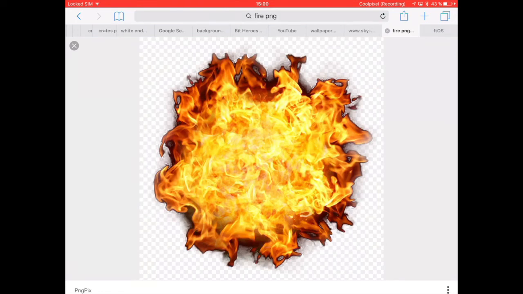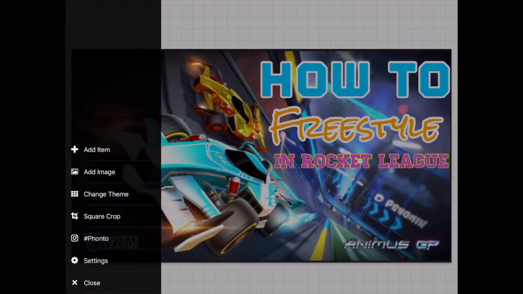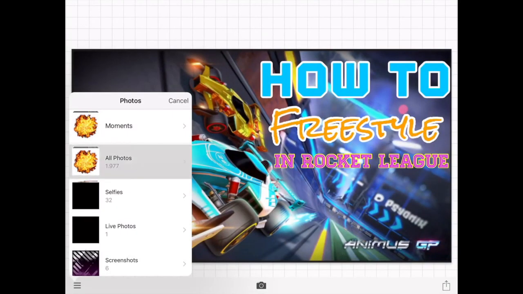and make sure you write right next to it pinch. Pinch is going to take only the picture without the background with it. It's going to take just the pure picture, the item you're looking for. And in this case, I'm looking for a fire to add a little bit of heat to my pictures, and then I save it. So once I'm done with that, I go back to Phonto and say add image, and here